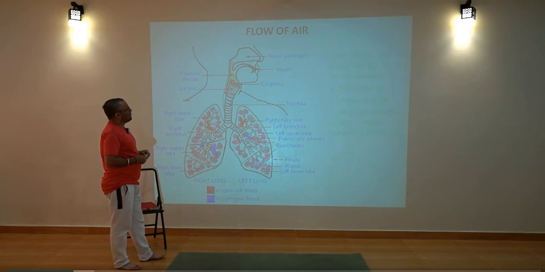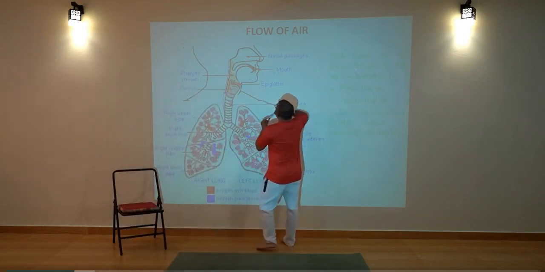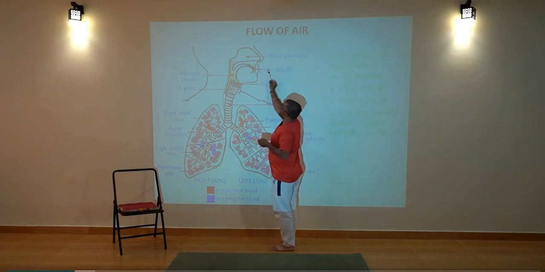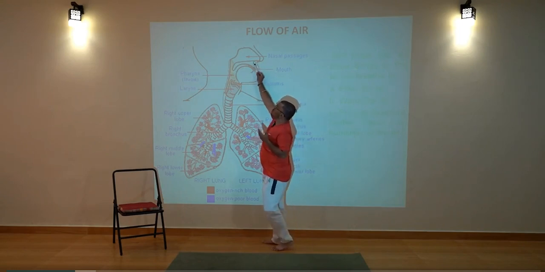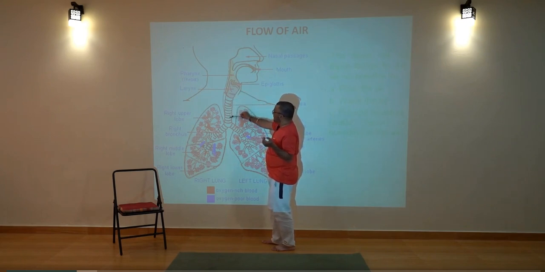the flow of air. If we talk about how it goes, we have two modes: one is the nasal passage, the other is the mouth. Some people are mouth breathers, but they ask you to breathe through your nose. So this is the flow of air from the nose or the mouth. Then it goes to the pharynx, the throat, then to the larynx,